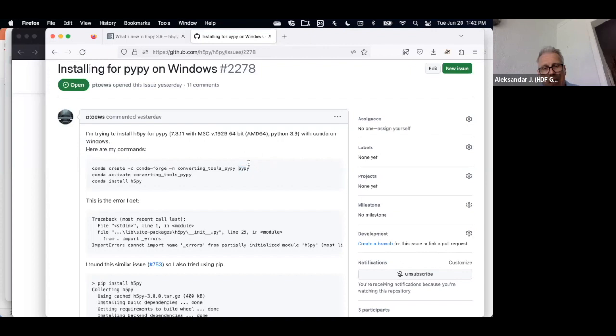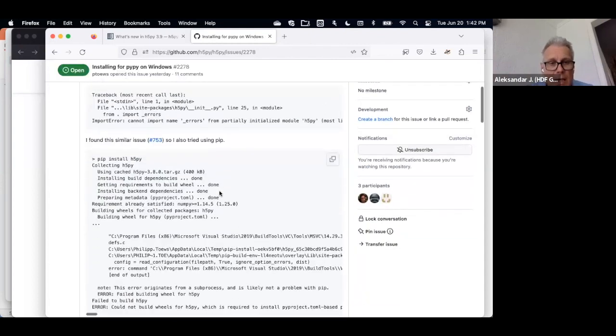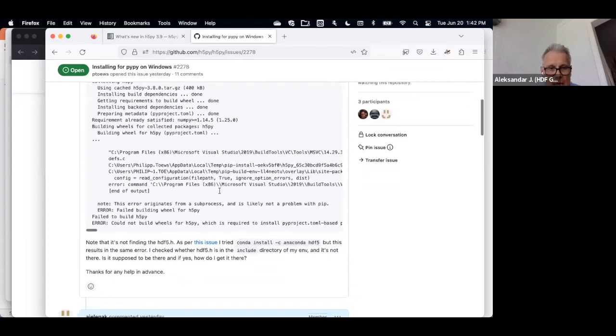This one supposedly has some kind of just-in-time compiler and gives much better performance over the standard CPython implementation. But because of that, you kind of have to build everything from scratch, from source. And the person was trying to build h5py and having problems on the Windows computer, as I say.